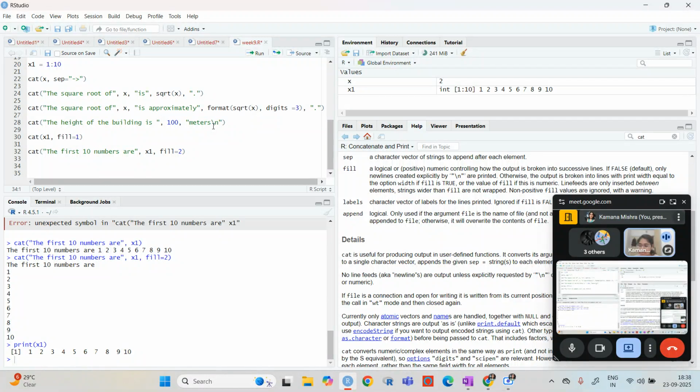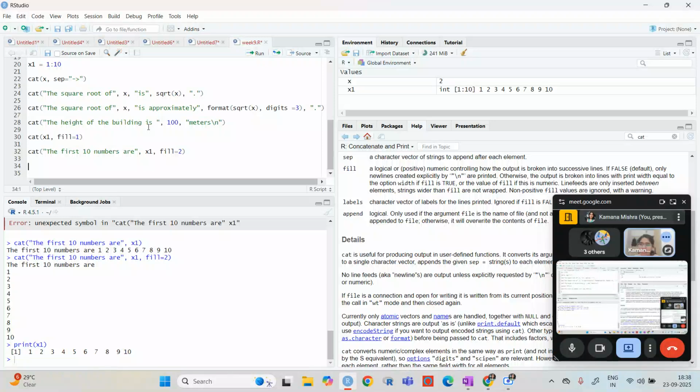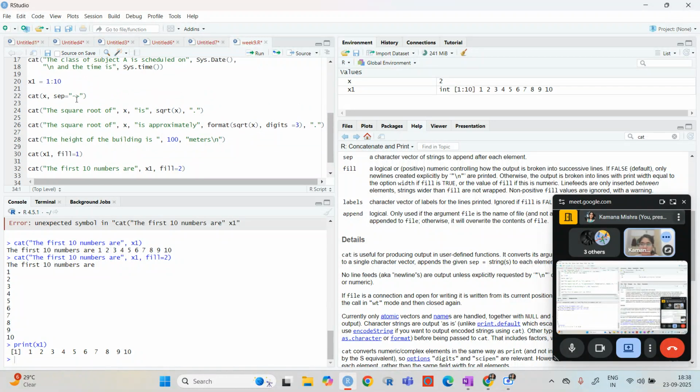So the next is the paste function. The paste function also works like the cat function works. So here also we can make use of this. Basically if I'm using the cat function, where is the separator? Okay, this is the separator. So if I'm using the cat function for this,